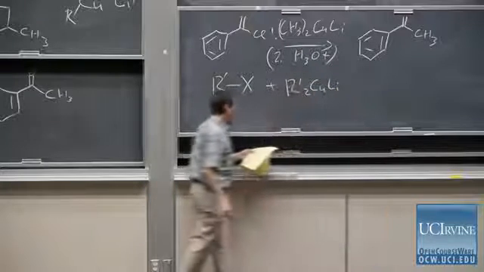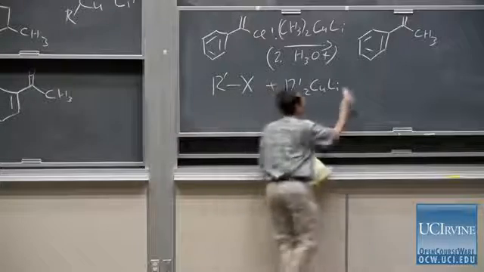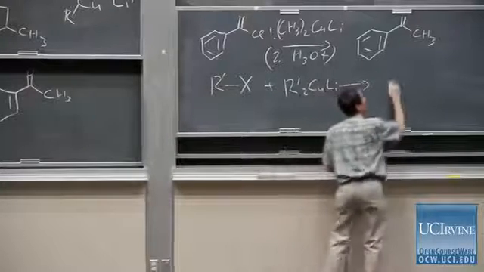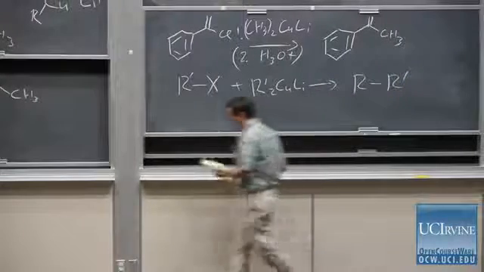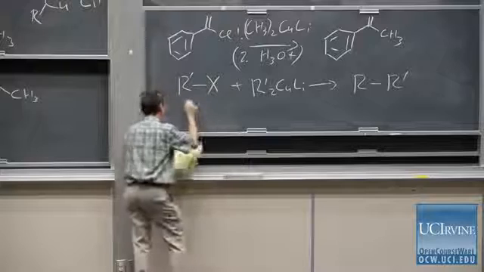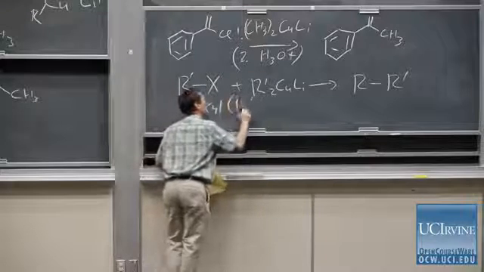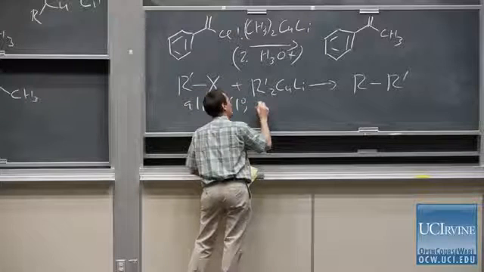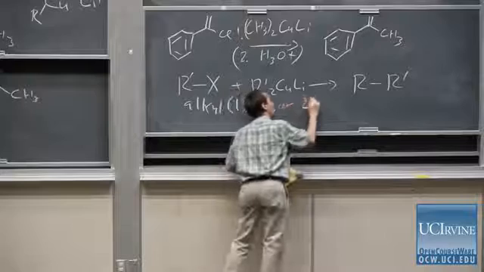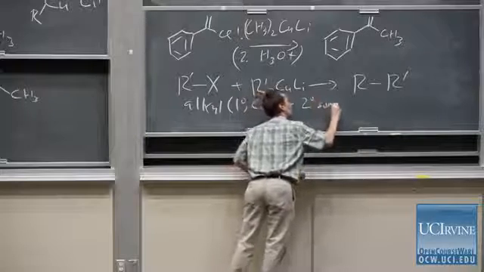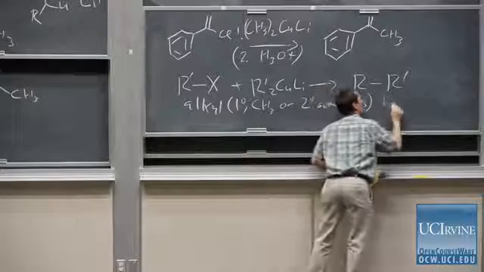So I'll write this like so, and what we're doing is forming a carbon-carbon bond. So as I said, this is interesting because we're talking about alkyl, primary or secondary, I'll say primary methyl, or sometimes secondary for our halide, but also